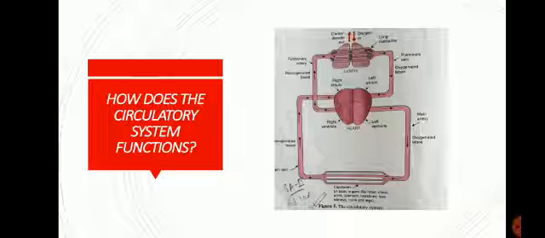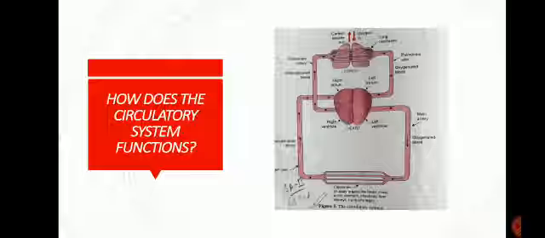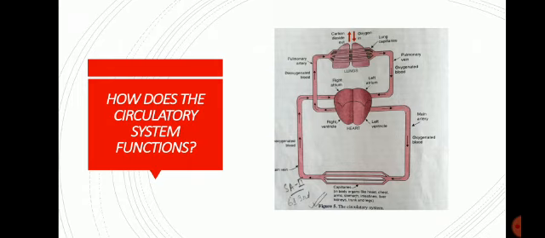Okay, so we will now describe the circulation of blood in the human body with the help of this simplified diagram. In this diagram, you just follow the arrow. Over here you can see the lungs and the lung capillaries. Pulmonary vein, I hope all of you know which one is the pulmonary vein. This is the only vein through which oxygenated blood flows, right? Then here you can see the four chambered heart. Now we will discuss the pathway of this blood.